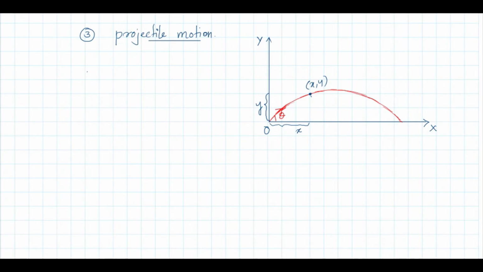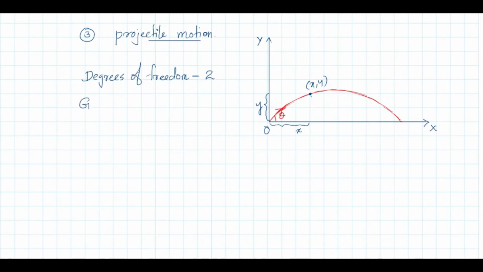Now, degrees of freedom. First, you have to identify degrees of freedom. How many degrees of freedom for this particle, a single particle which is in motion in a two-dimensional plane? So, degrees of freedom is of course 2. In the last two examples, we had motion in one dimension. This is actually a motion in two dimensions, motion along a plane. So, the degrees of freedom is 2.